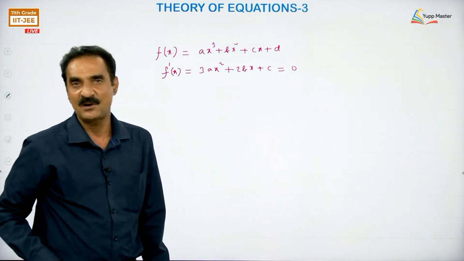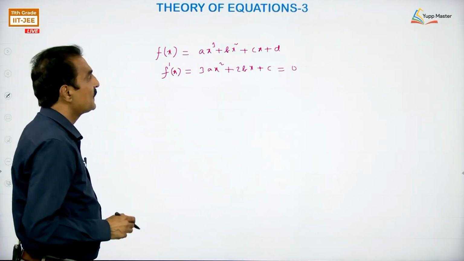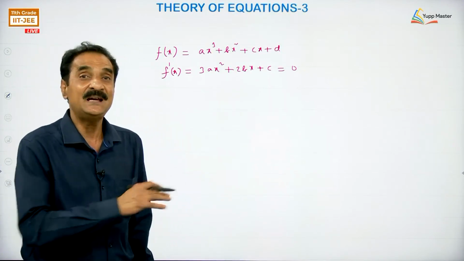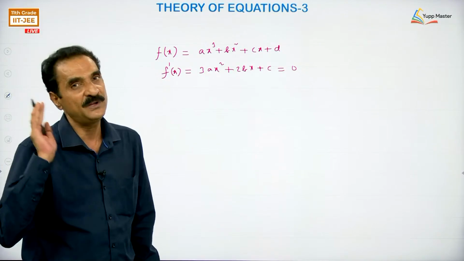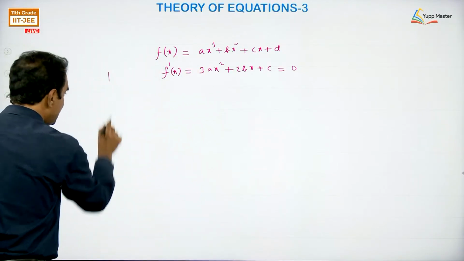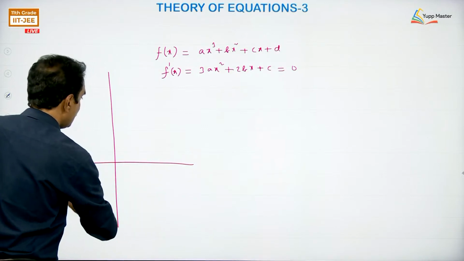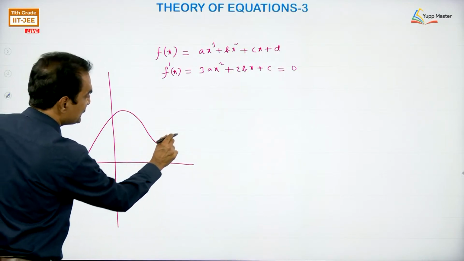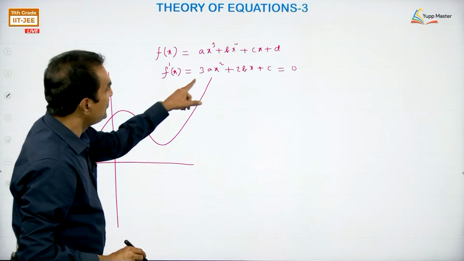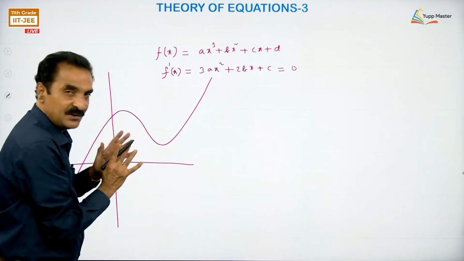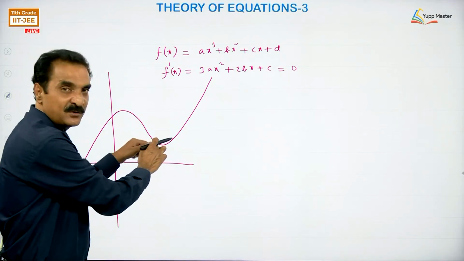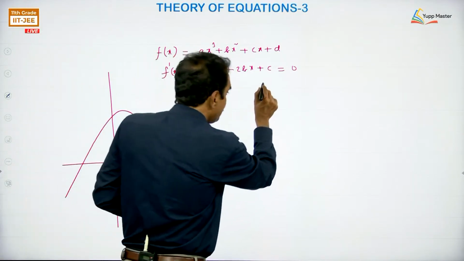We have already discussed all the cases. Now, if f dash x is equal to 0 has 2 equal roots, real but equal, then what happens? When the roots are real and distinct, the graph bends like this, attains maximum and minimum. When these two coincide, you can easily visualize the graph. When this maximum point and minimum point coincide, then